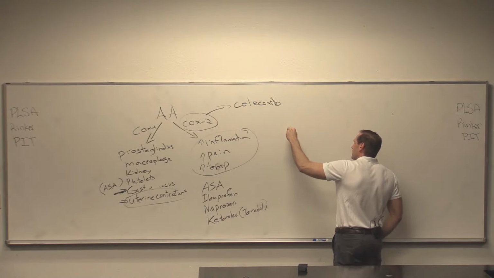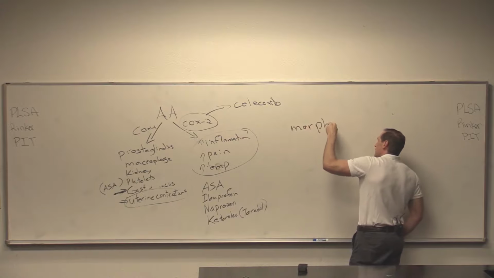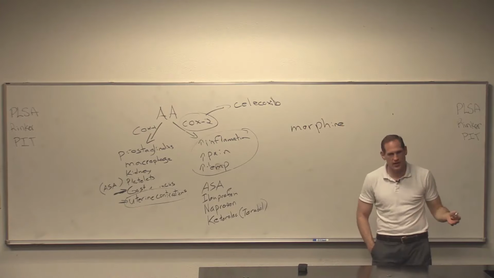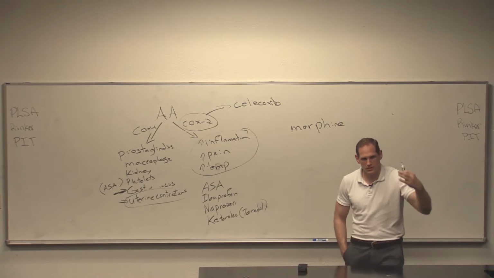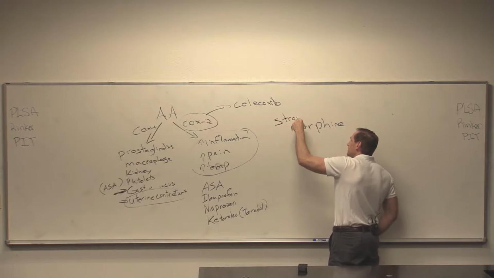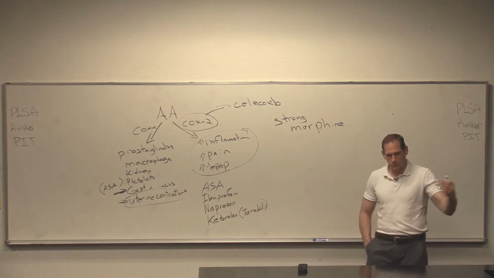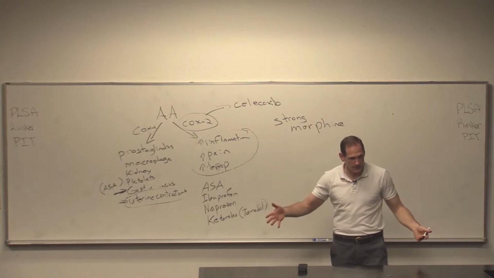So the first one that we have to do is morphine. Morphine was the very first one that was discovered. It's a natural drug. It's found in the opium poppy, along with codeine. By the way, we divide these into strong and moderate. So strong ones, morphine is the first one, and it has all of the effects we talked about earlier, plus